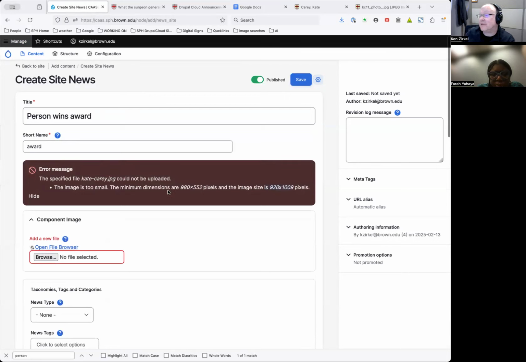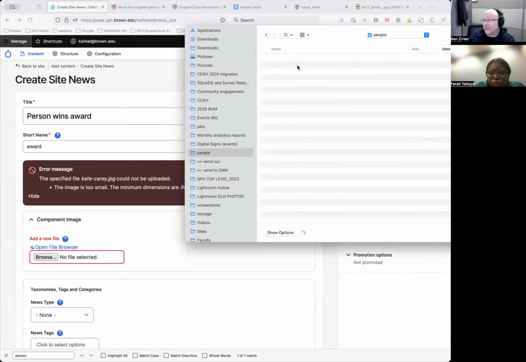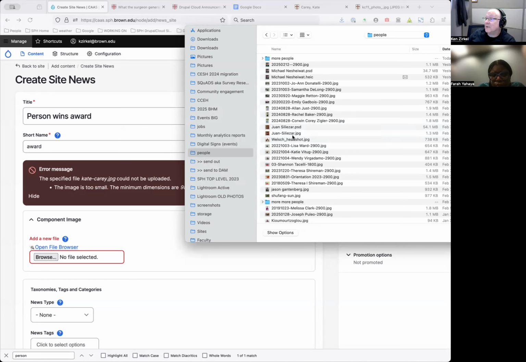But you see here I ran into this size issue. It has to be 980, but the image is only 920. That's a pain. You'd have to go into Photoshop and resize the image, or else ask whoever sent you the image to send you a different size. There's no easy way around that. Since this is just a demo, I have a whole folder full of people images. I'm going to pick